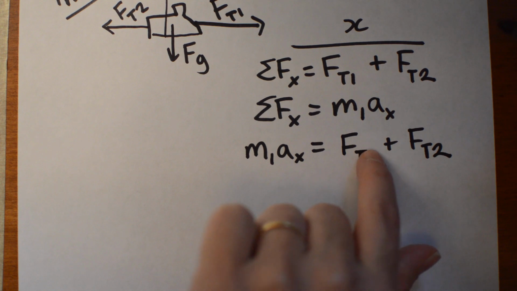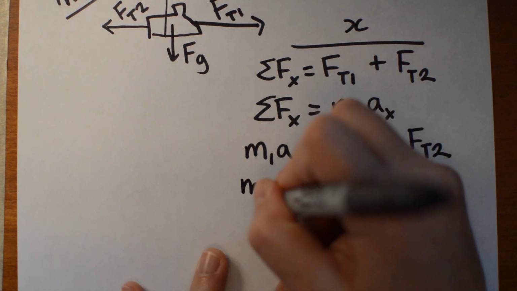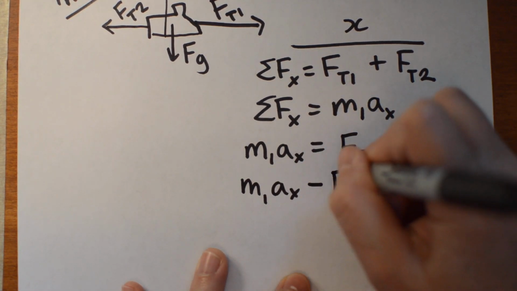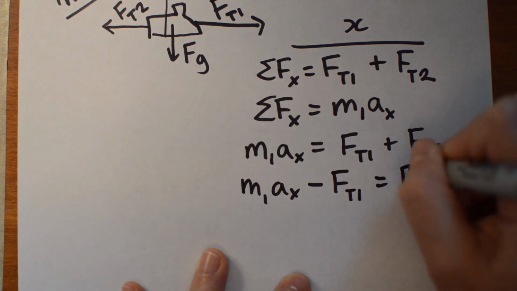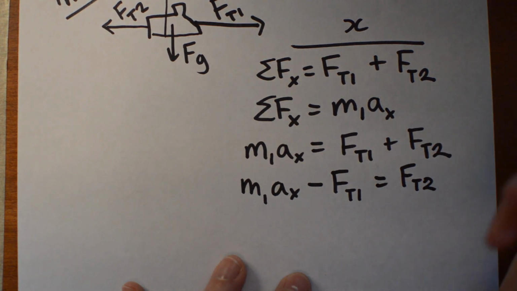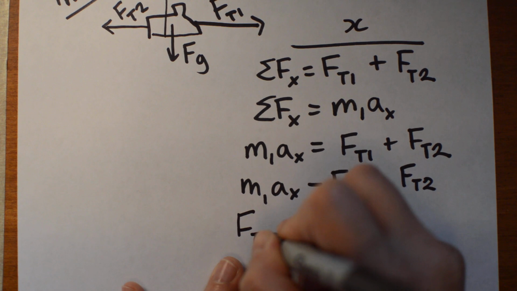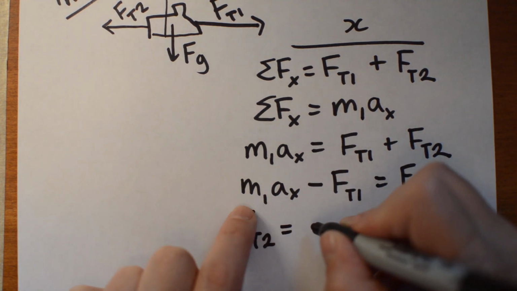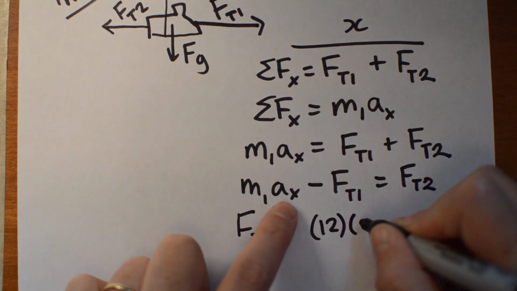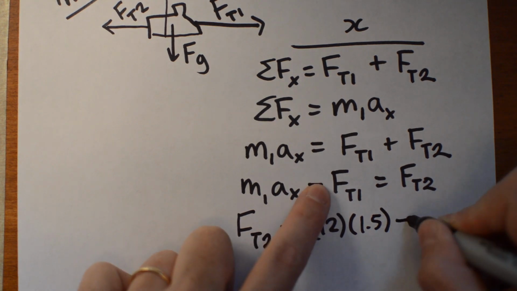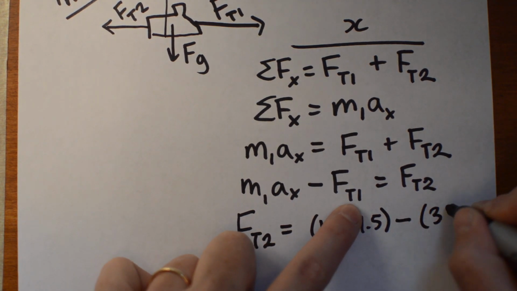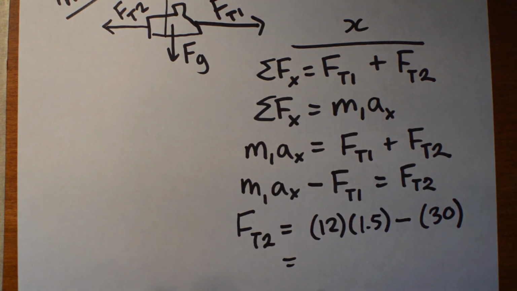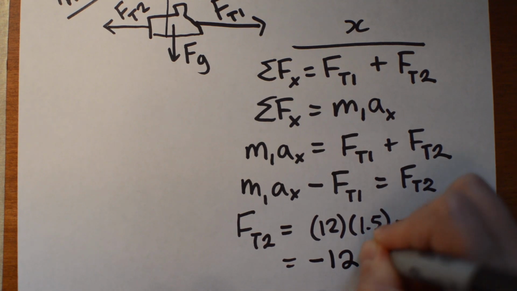I'm trying to solve for FT2, so I'm going to move FT1 to the other side. So I have m1 ax minus FT1 gives me FT2. And then I'll plug in all my numbers. So FT2 is going to be m1, which is the 12 kilograms, times ax, the 1.5, minus FT1, which is the 30 newtons. And that gives me, so 12 times 1.5 minus 30 is equal to negative 12 newtons, which